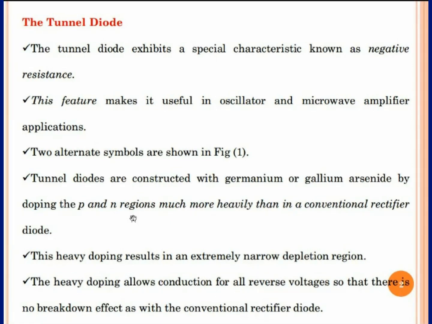If you take the n-type material and dope it heavily, two things will happen. One, the Fermi level will move close to the conduction band. Second, the number of free charge carriers available for the conduction process will be more. That is basically because the Fermi level shifts close to the conduction band. Therefore, even the thermal energy is sometimes sufficient to bring the free charge carriers to the